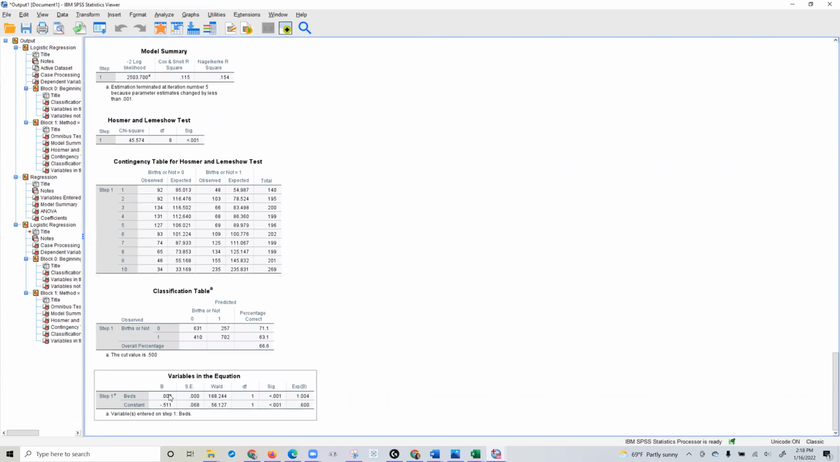This is going to tell us our variables in the equation. So the variables in the equation make up our linear regression, or shall I say, logistic regression equation. In this case, our constant is negative 0.511 plus 0.004 times the number of beds. So this is my logistic regression equation down here, contained in the section that says variables in the equation. So by doing that, we've just created a logistic regression equation using my births or not binary variable as my output and my beds as a